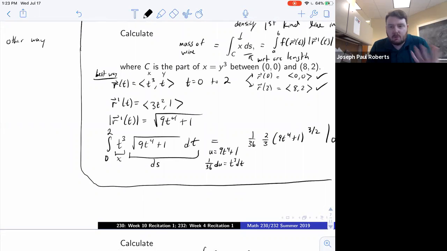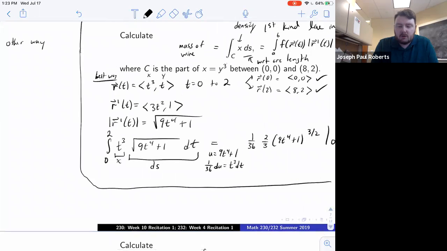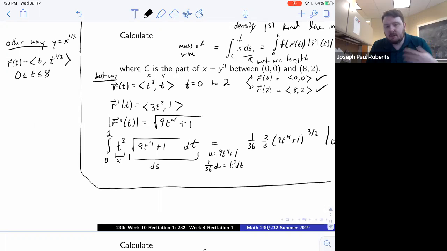as much because you're doing more work. You could take this x equals y cubed and change it to y equals x to the 1/3, in which case your r of t, if you let x be t, would be t comma t to the 1/3. And then in that case, 0 to 8 would give you the thing. So again,